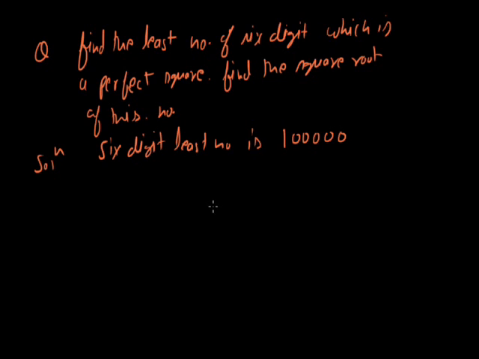So now try to find the square root of this number. Let's see. 1, 5 times 0. We have to make pairs of 2 from the right side. There is one pair, there is one pair, and this is one pair. Now we think of a number whose square is nearby 10. So 3. 3 square is 9.